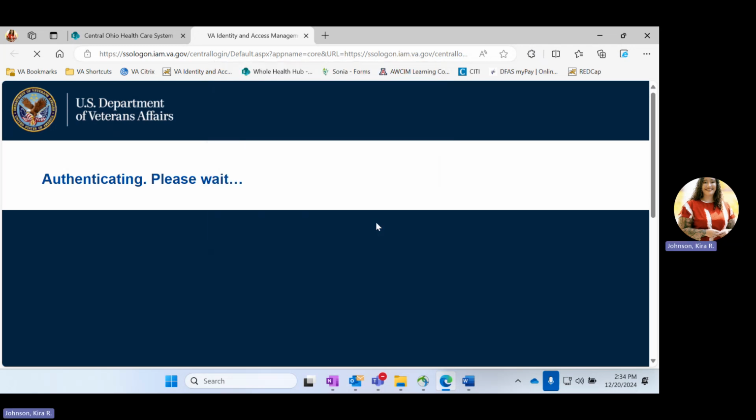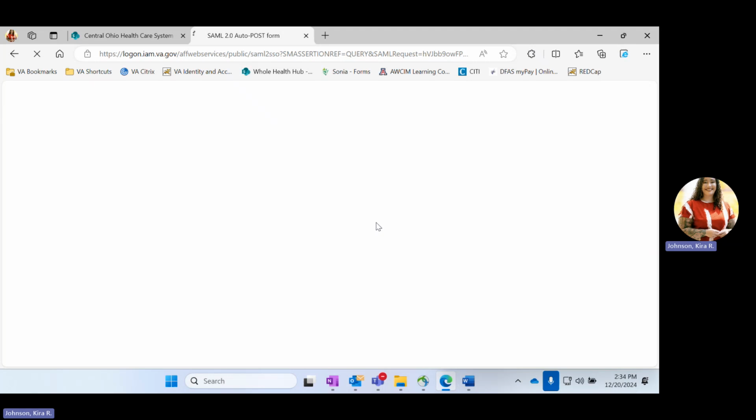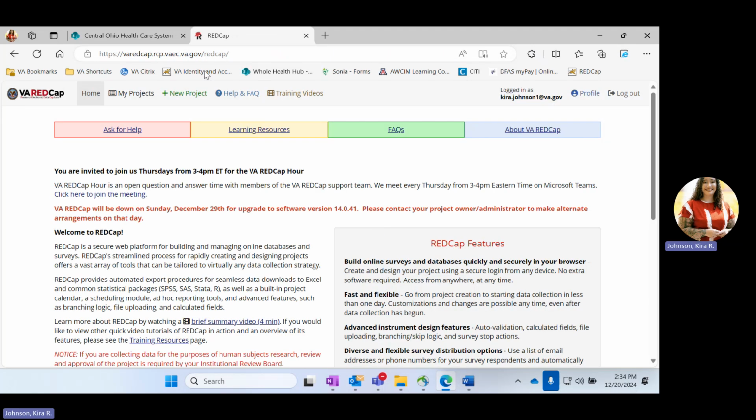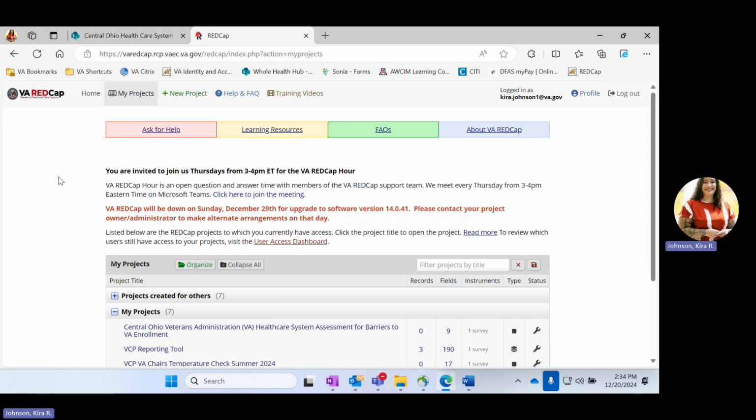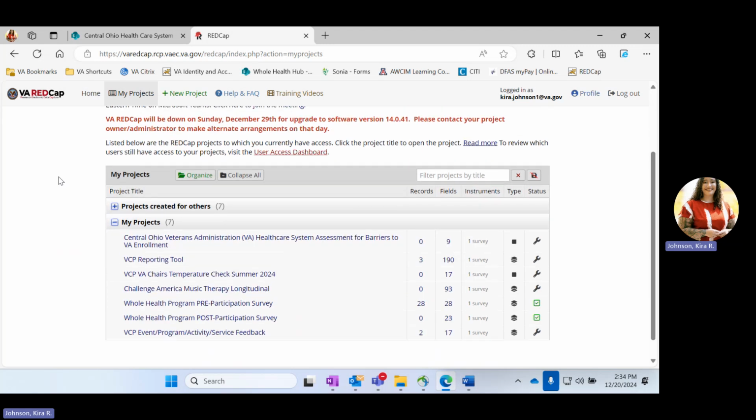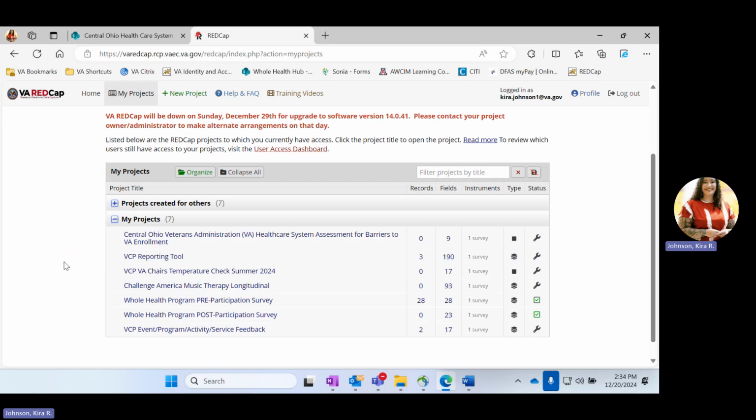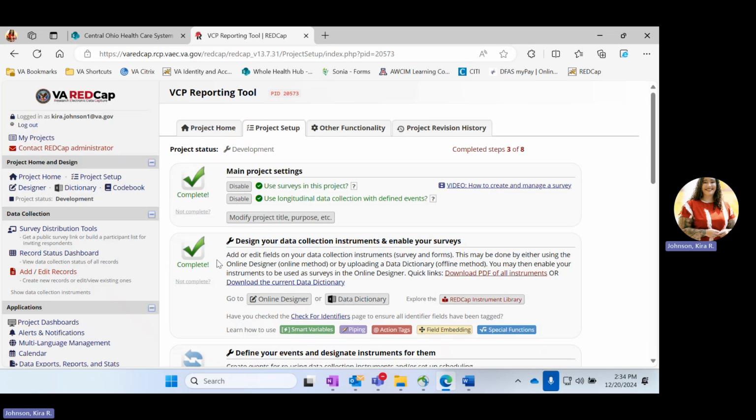And then it will take us to the REDCap homepage once that finally loads. And this is what that looks like. So to access it, we're going to go to My Projects, and you'll have to have been given access to the survey to be able to get to this. But once you have access, you will click on the VCP reporting tool, and it'll bring you to the project